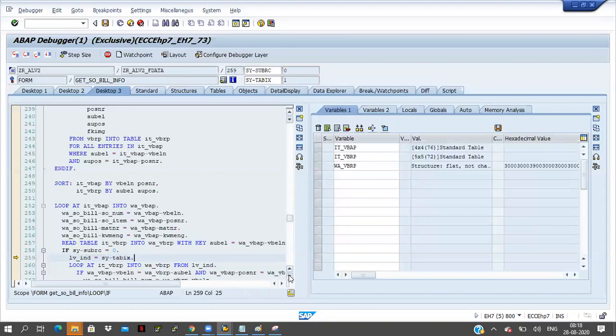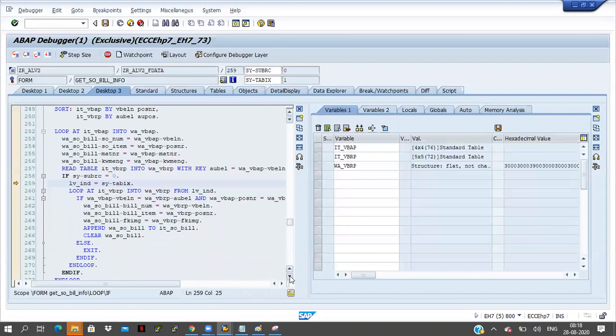After that, I am looping the data here. In the looping, I am giving some number, from index number 1. You already know about this one.